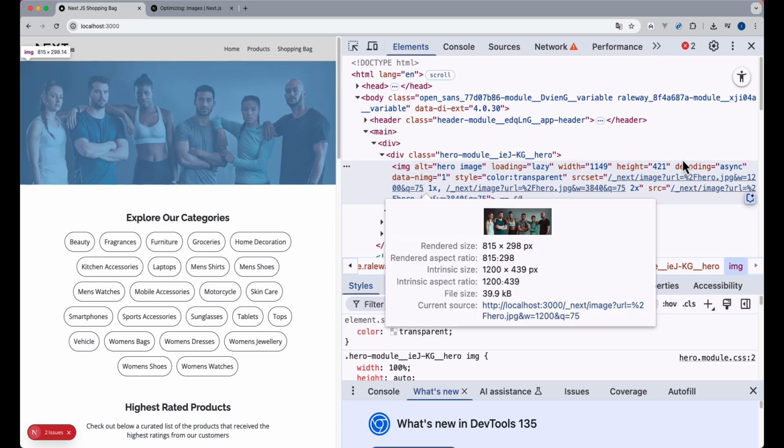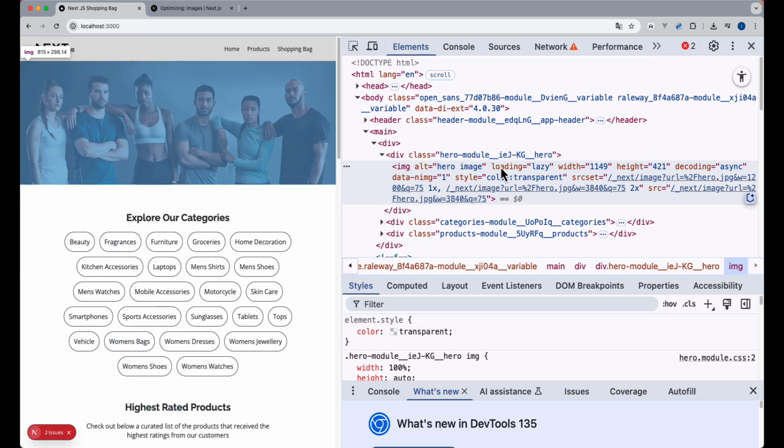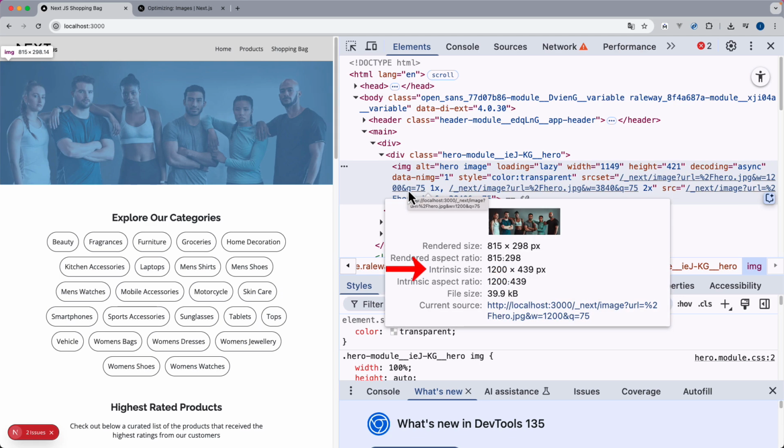And here we can already see some changes. We can see that the image is being lazy loaded by default. And when we hover over it, we can see that now the intrinsic size is only 1200 by 439. We can also see a file size of 39 kilobytes, which is insanely small. Remember that the size of the original image was more than 6 megabytes, so this is a huge difference. Now, without having to compress or resize these images, we already have a massive improvement in performance just by using